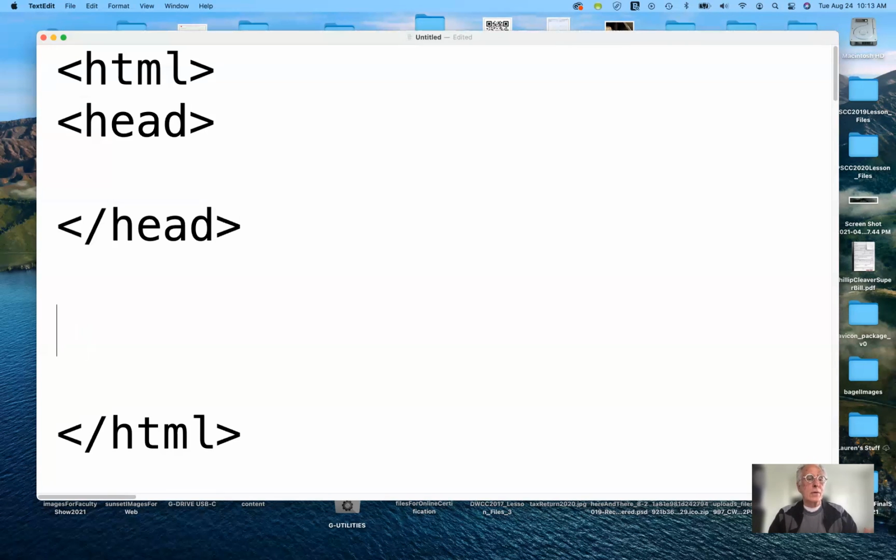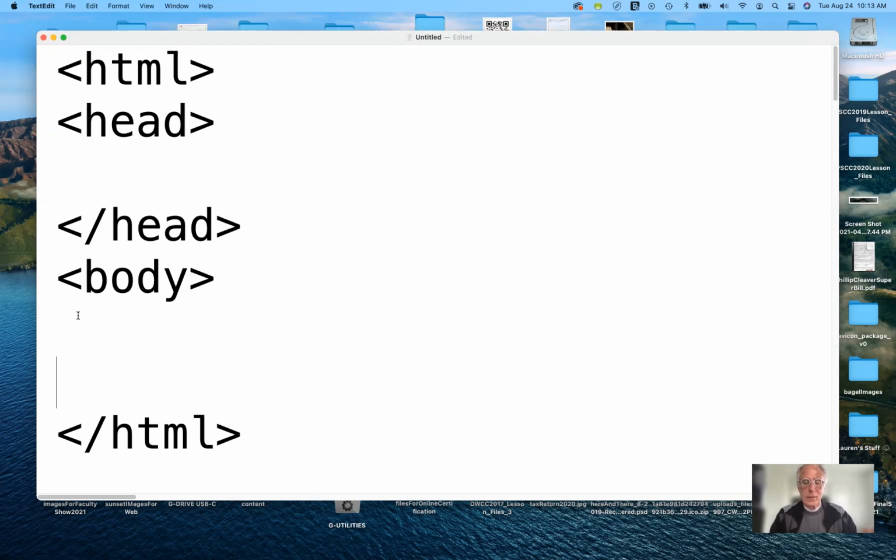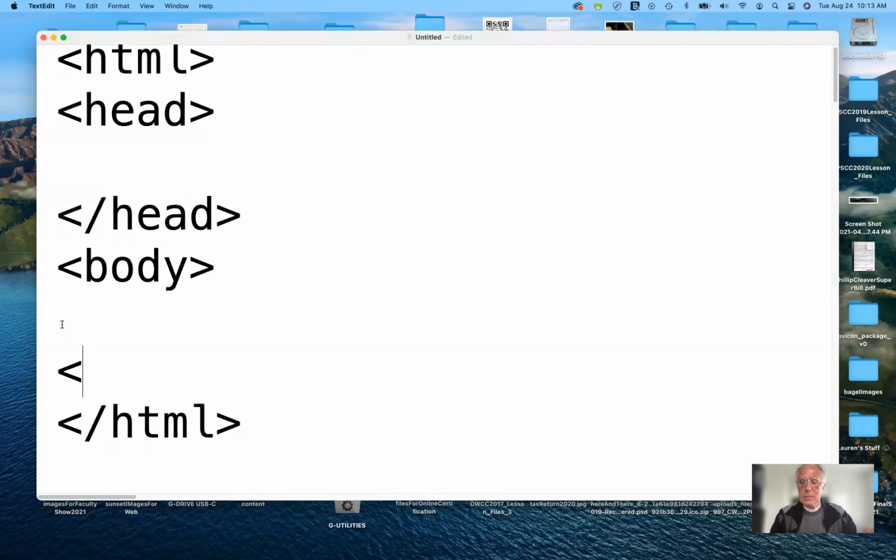So actually, I can put this up a little bit. I'll put in body. That's my opening tag for the body. And then down here, I'll put in the closing tag. Okay, I hope this is large enough for all of you to see. So this is a fundamental, there's more to it, but that's a fundamental